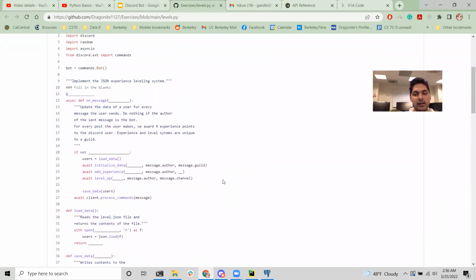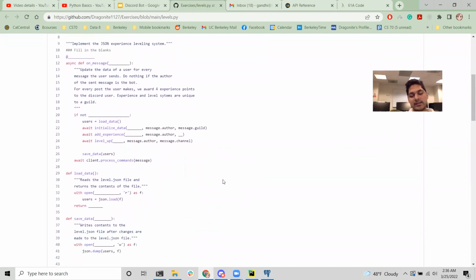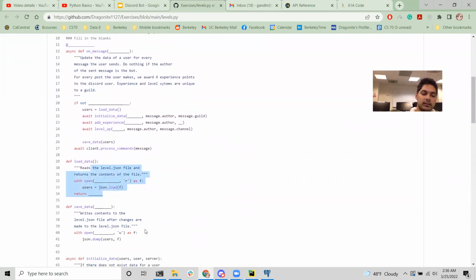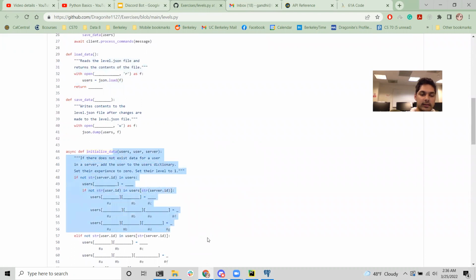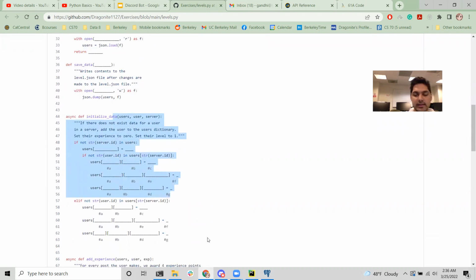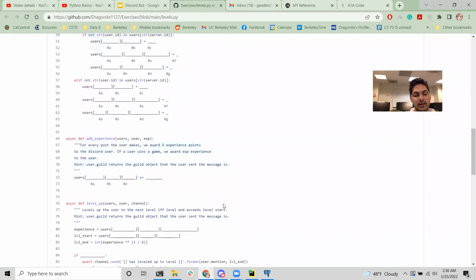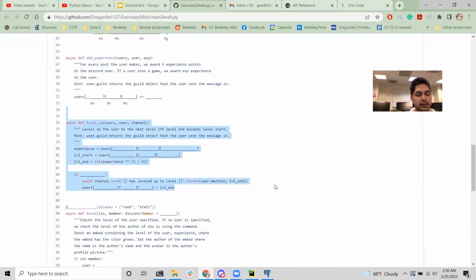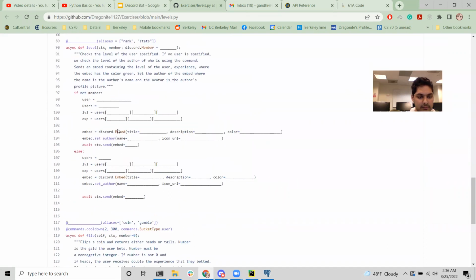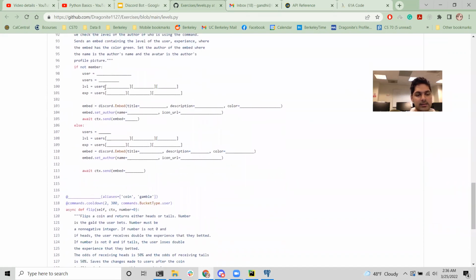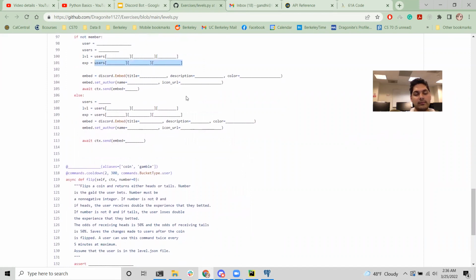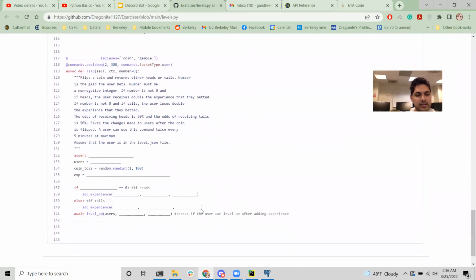And so what this is doing is saving. We're going to have a text file to store all that data, and we're going to save it. We have to load the data first and then save it, right? And we need to initialize the data if this user doesn't exist in our text file, and we would need to add experience to them, a level up function, and it's using dictionaries like this, right? And this is not great, because it's super repetitive. Nobody really does this.